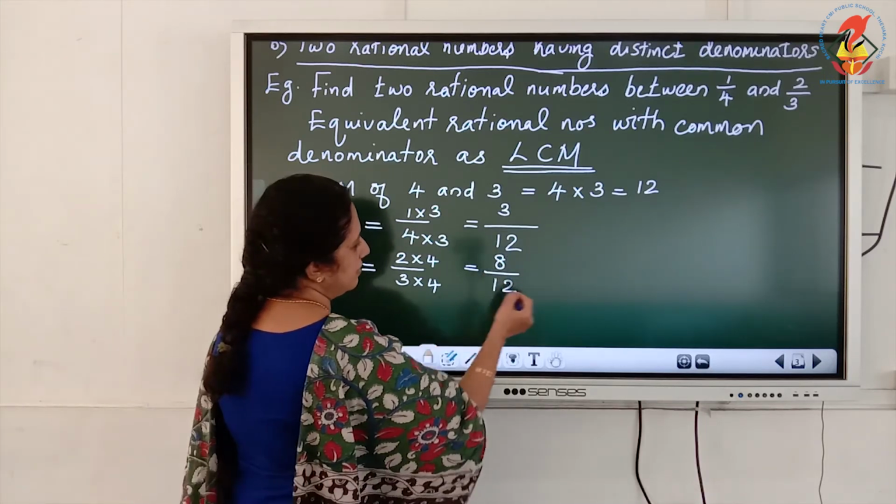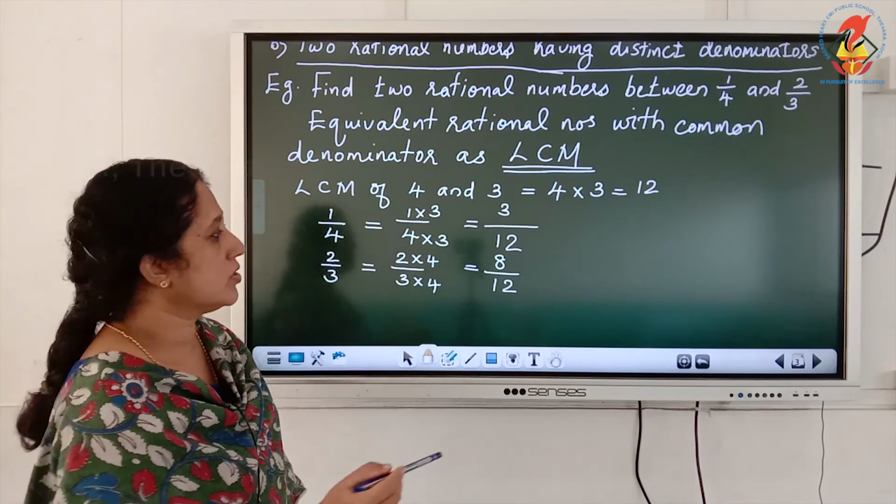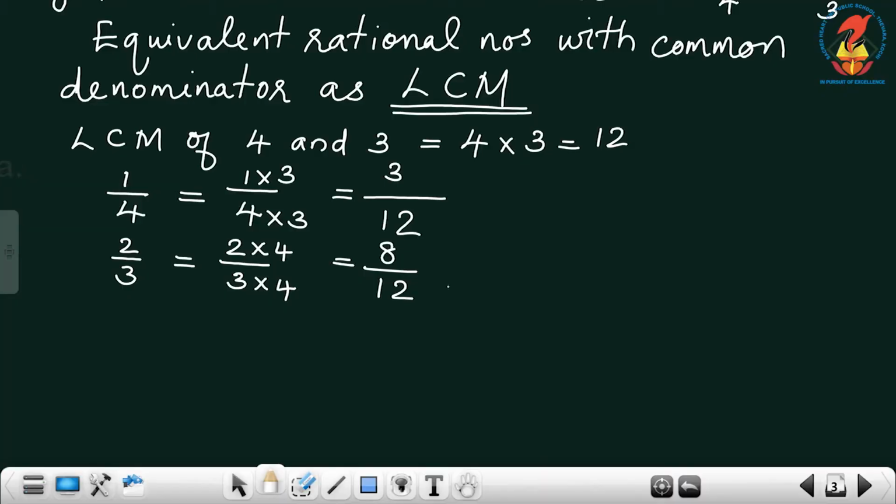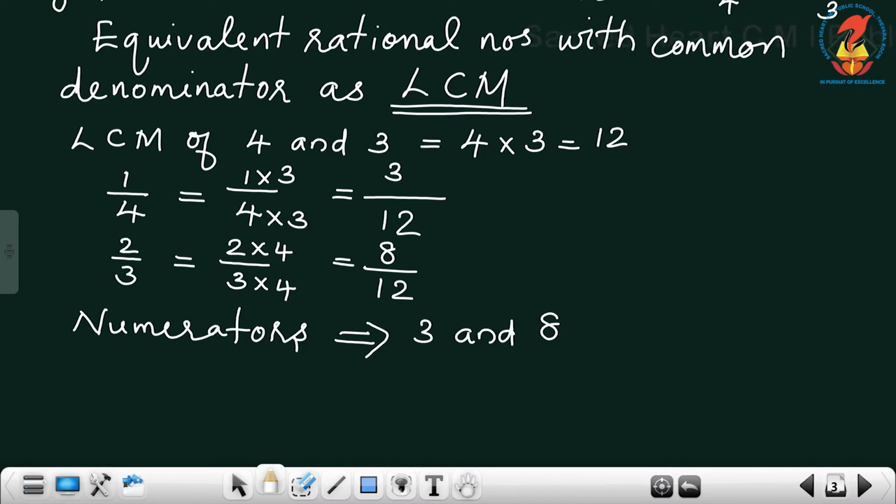Now look at the denominators. Denominators are same. So we have to consider the numerators of these equivalent rational numbers. Which are the numerators? 3 and 8. So you have to find integers between 3 and 8. Which are the integers between 3 and 8? 4, 5, 6 and 7. Therefore,